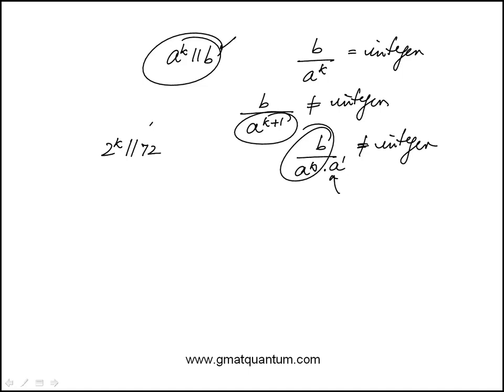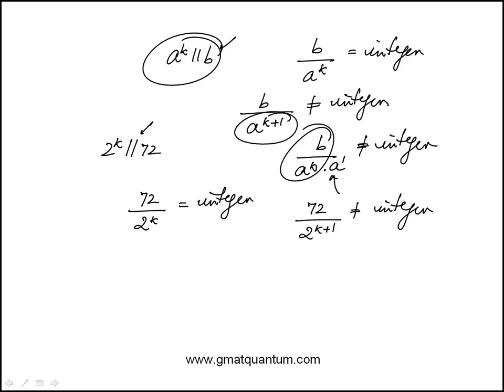parallel, I'm just going to call the symbol parallel, 72, which means that 72 over 2 to the k is an integer, but 72 over 2 to the k plus 1 is not an integer. The question is, what is k equal to? So